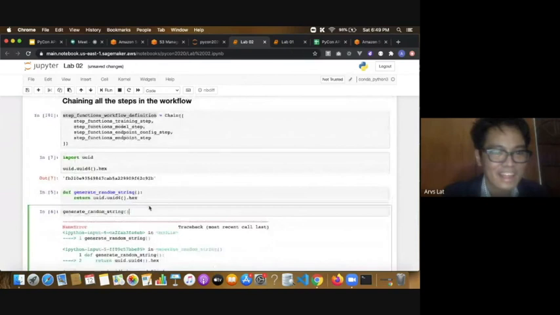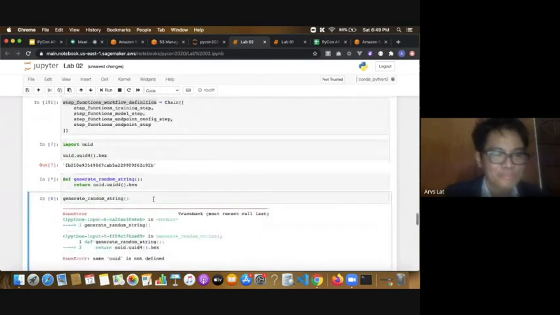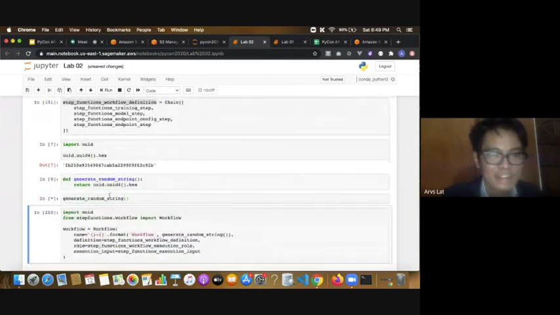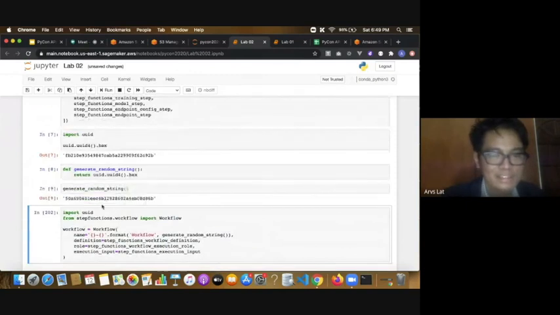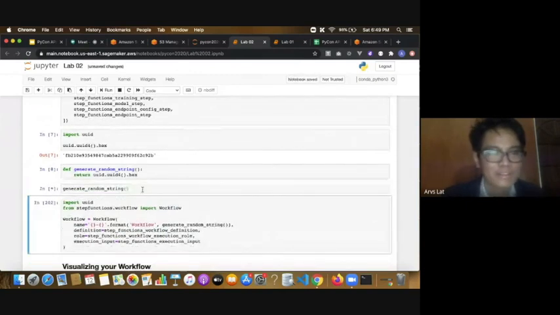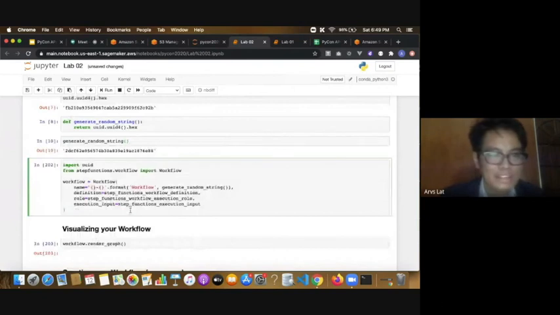And then this one, I will get a random string every time I run this. So what will happen here is that I'm going to generate a random string to name the workflow. So the name would be workflow plus random string, and then